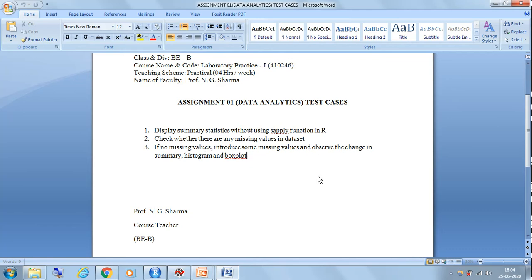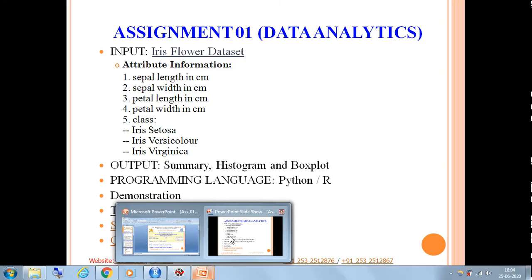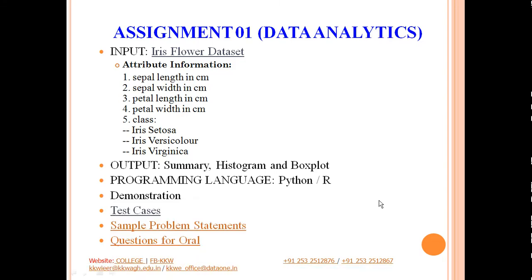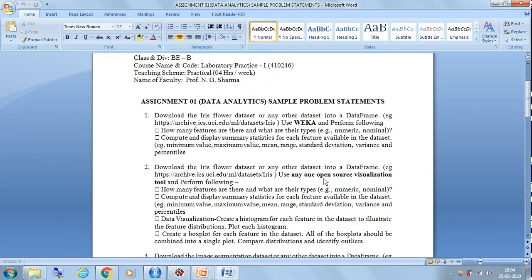Then these are the sample problem statements related to the assignment. Now you have performed this by coding in R or using Python. As we are already aware, there are certain tools you can make use of where you don't actually have code; you simply have to load the data set, and there are already various features and functionalities available in the tools. One such tool is Weka. So I want you to download and install Weka, and perform the same assignment on Weka without coding anything, because Weka will take care of all the functionalities. I just want you to be aware of how it can be done using Weka.